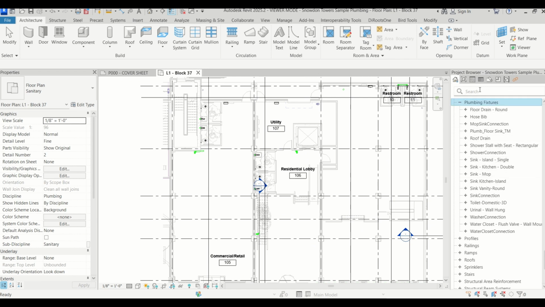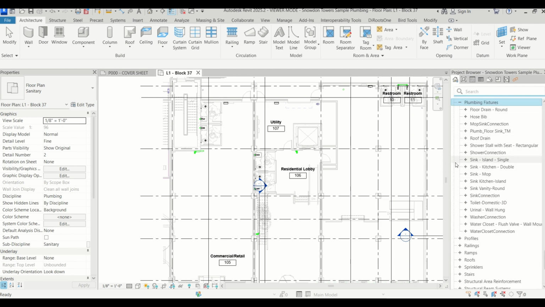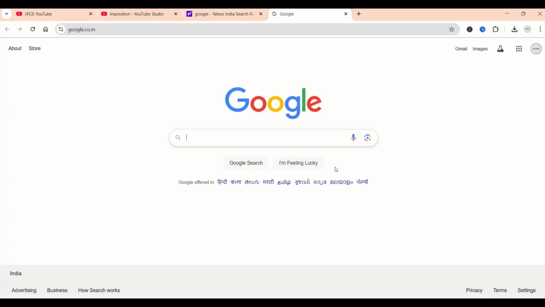Okay, do we have a trench in this one? Okay, we are not having the trench Revit family in this particular one. So let's go that way. We'll download the Revit family of trench from the BIM Objects platform, and then we'll insert it in this one, and then we'll proceed further. Okay. So to do that, I'll go to my web browser right here,